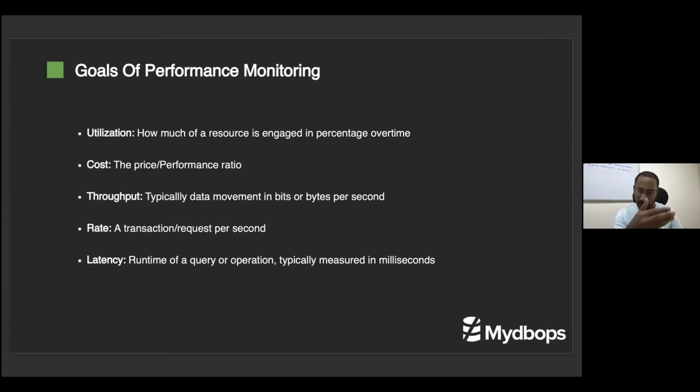Whatever we are doing as performance monitoring, we need to measure that, right? So in performance monitoring, I'm putting five metrics, or five measurement values, that you should always consider: utilization, cost, throughput, rate, and latency. Every metric, every measurable value, has a meaning. We need to understand what it is giving us, and only then can you deliver good performance monitoring, understanding from the tool or whatever plugin you are using for your day-to-day troubleshooting.